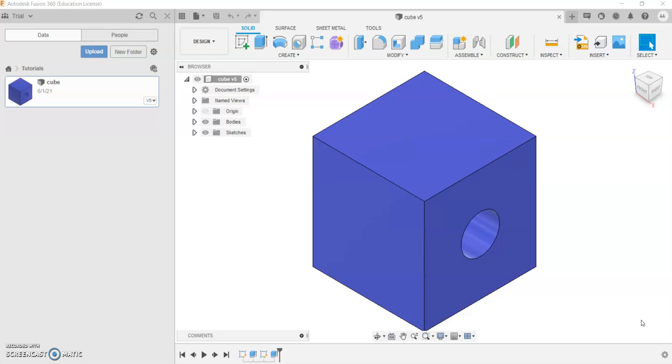In today's video, I'm going to cover the basics of rendering in Fusion 360, a CAD software which we covered